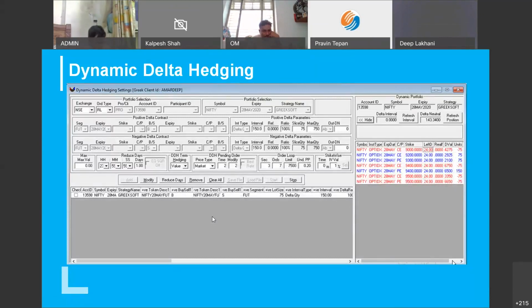Moving ahead, we have dynamic delta hedging tool. Dynamic delta hedging tool is a tool which will help you dynamically hedge your delta. On the previous screen, we just saw that while making the strategy, we can hedge our delta. Now that was my static delta. While making a strategy, I hedge my delta. But after that, when market moves up or down, continuously my new delta will get generated. So we can hedge our delta as per strategy, as per portfolio. There are different methods by which we can hedge our delta. We can hedge our delta quantity wise, percentage wise, price wise, which I'll cover at the later part.